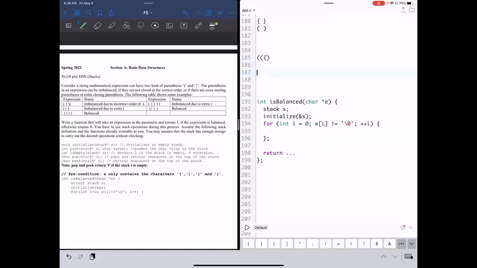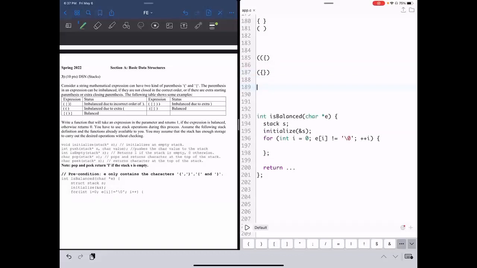So if you think about it, at any given point, you're going to want to see if what was previously in the stack matches the type of bracket that you have. So let's say you first see an expression like this right here. We're going to see the first opening, so we'll just push it on. And we're going to see another opening, and we'll push it on. But then we're going to come to this point right here, the closing squiggly,